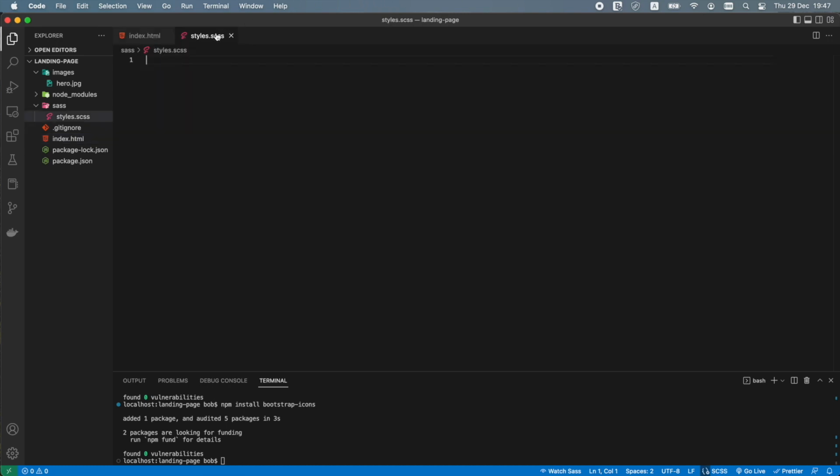First, let's open the styles.scss file. Inside this file, we need to import all of the Bootstrap Sass files so that when the Live Sass Compiler compiles the styles.scss file and produces a CSS file, it will include all of the default Bootstrap Sass too. In Visual Studio Code, in the styles.scss file, type @import